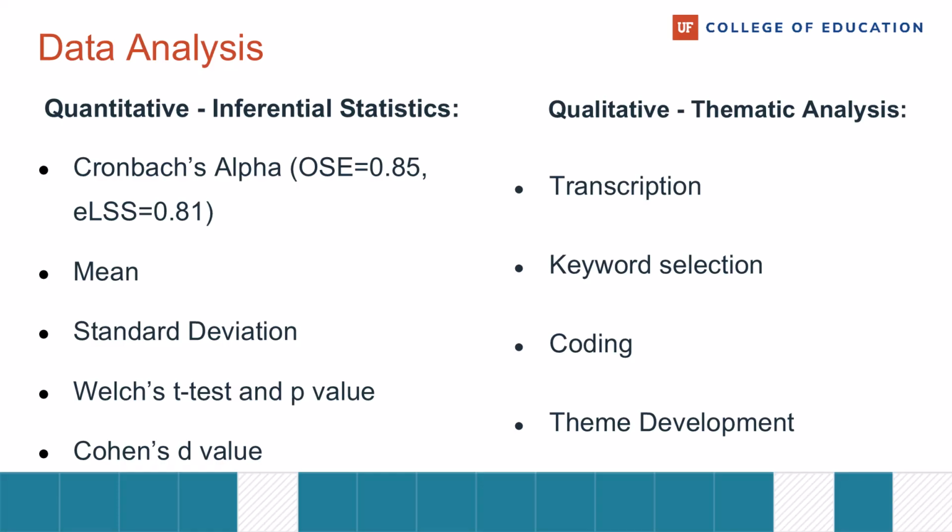I began my data analysis by assessing the reliability of my adapted survey instruments. Cronbach's alpha for both instruments was 0.85 for engagement and 0.81 for satisfaction, which indicated good internal consistency. For quantitative data, I calculated inferential and descriptive statistics, specifically mean and standard deviations for all measures. I also used t-tests to compare control and treatment groups to understand whether the difference between these groups was due to random chance. Qualitatively, I conducted a thematic analysis, identifying key patterns across interviews and questionnaire responses.